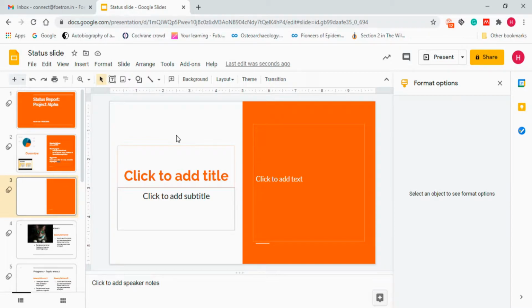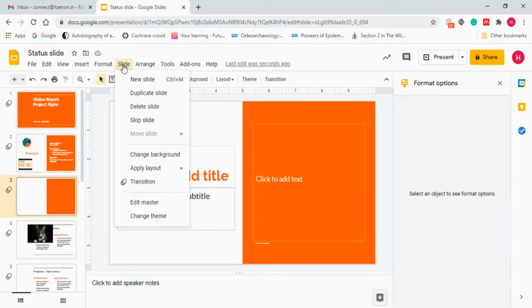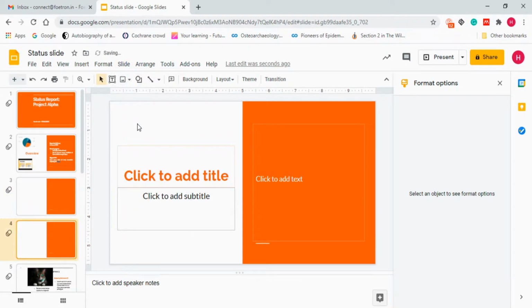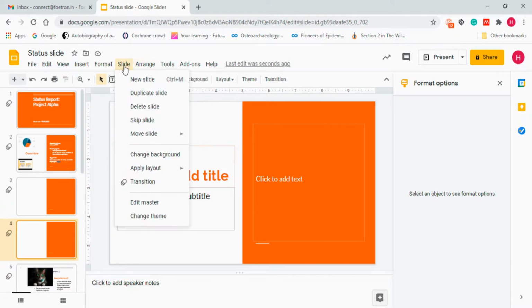Now we are in Google Slides. So in an earlier video I talked in detail about the format section. Now we will talk about the slide section. When I click on slide, you will see there are multiple options available in the slide section, as we have discussed in the objective of our video. Now let's start with new slide. If I want a new slide, just click on new slide, or you can use a keyboard shortcut, that is Control and M.